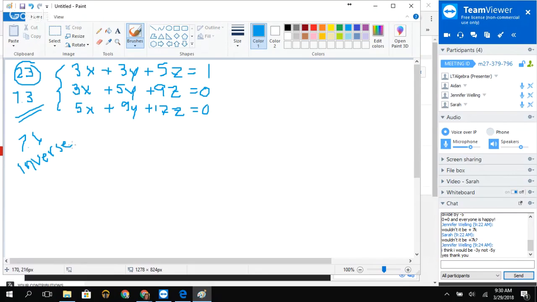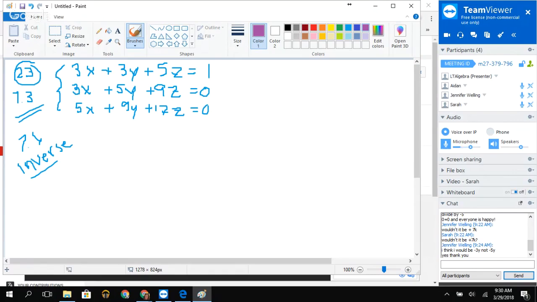The inverse of a matrix. This inverse matrix can be really, really powerful when we want to solve systems of equations. What I mean by that is I think it's easier to show you, and then I'll step back. So if we took this system of equations from 7.3 and changed it into a matrix